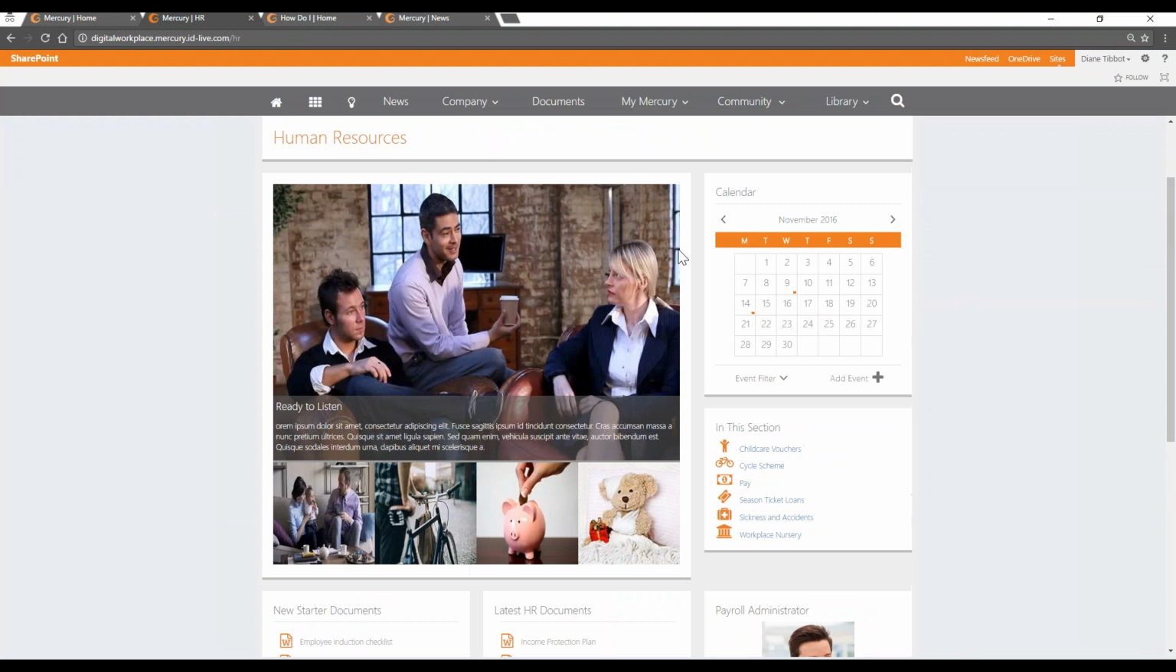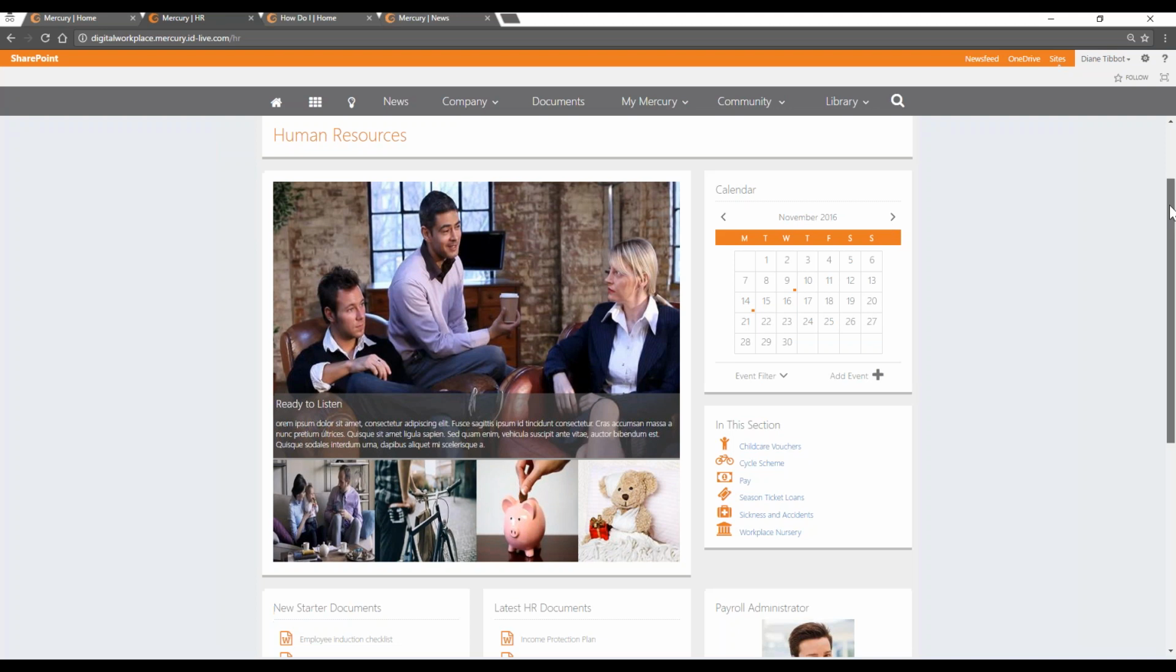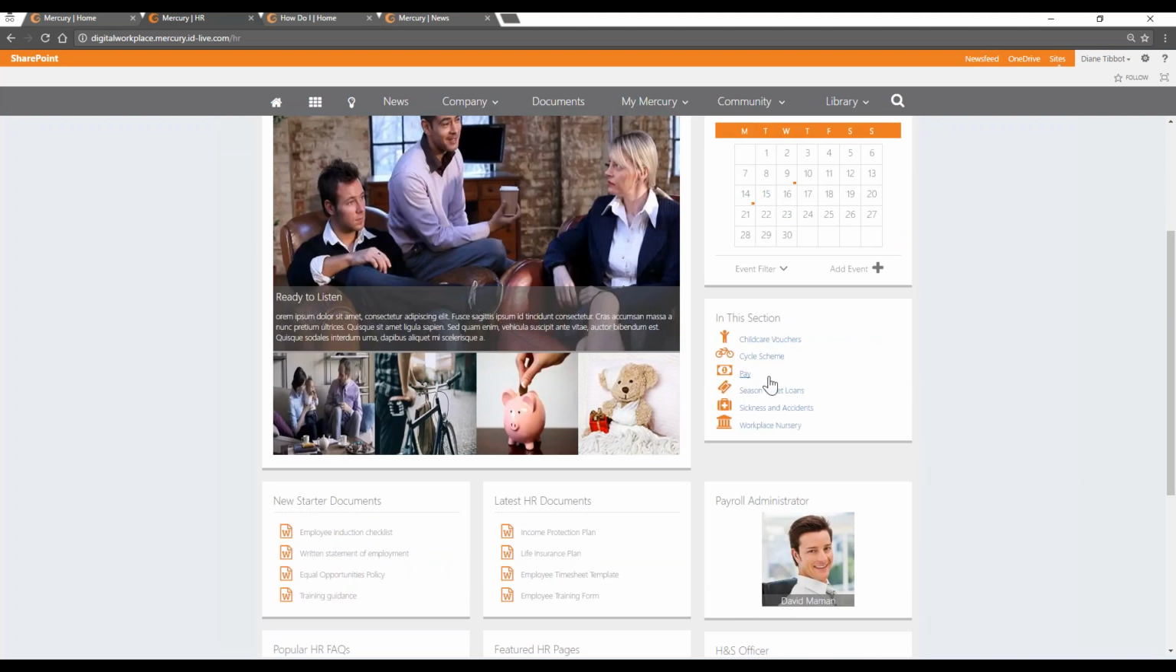So in this case, we have a number of links at the top to a number of news articles and pages, perhaps getting paid, the sickness and accidents policy, the cycle scheme, for example. This is going to allow HR to really feature these so the employees don't need to go looking for the information. We have the HR calendar, as you saw earlier,